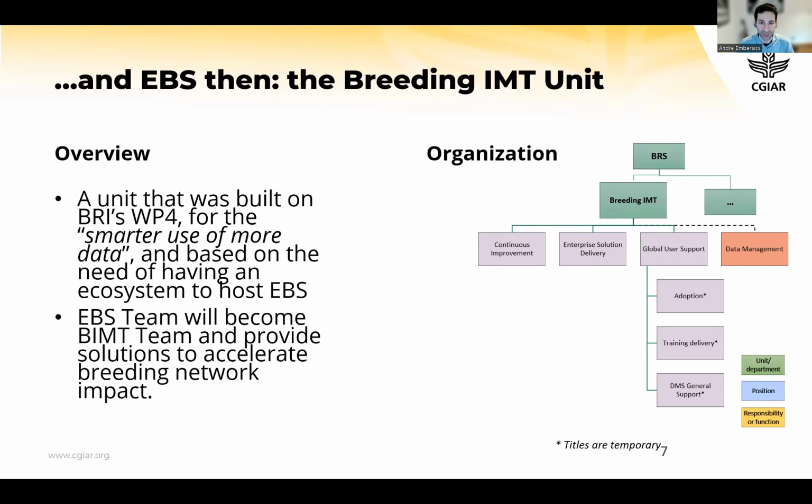So as you can see on the screen, we have an initial preliminary structure that we are proposing. We are doing some refinements for 2024, but roughly this is what we will look like starting 2024. So EBS will be hosted and probably the flagship of this structure, although we will be responsible for some other projects related to breeding IT. But EBS obviously will be the major one hosted by this new structure. So this unit will be